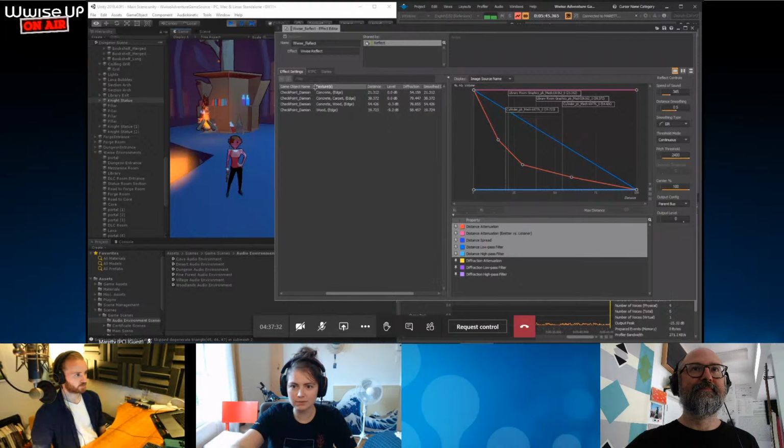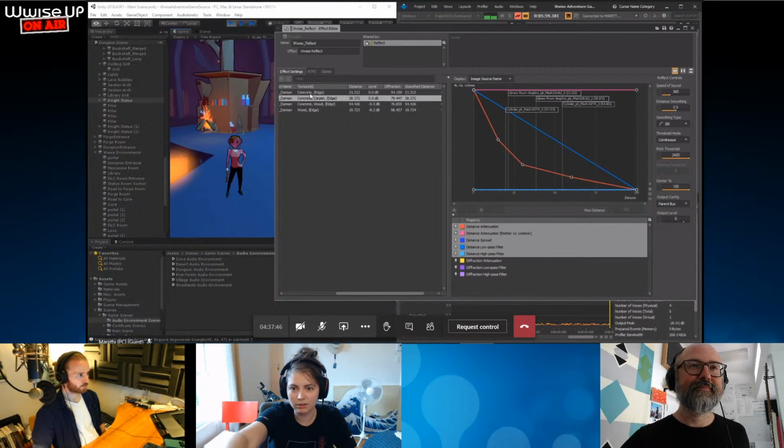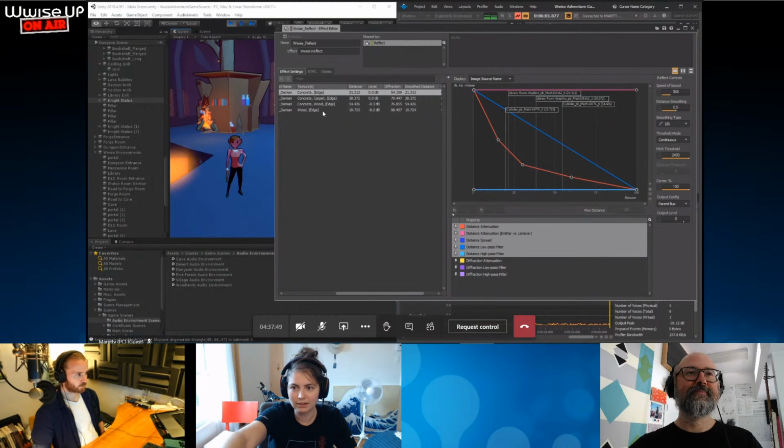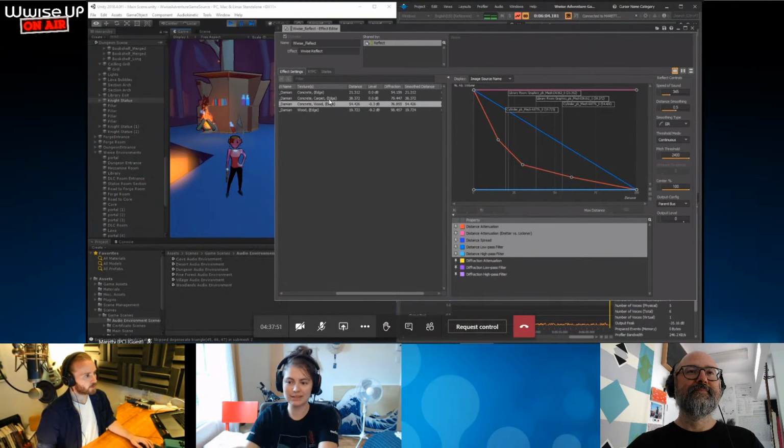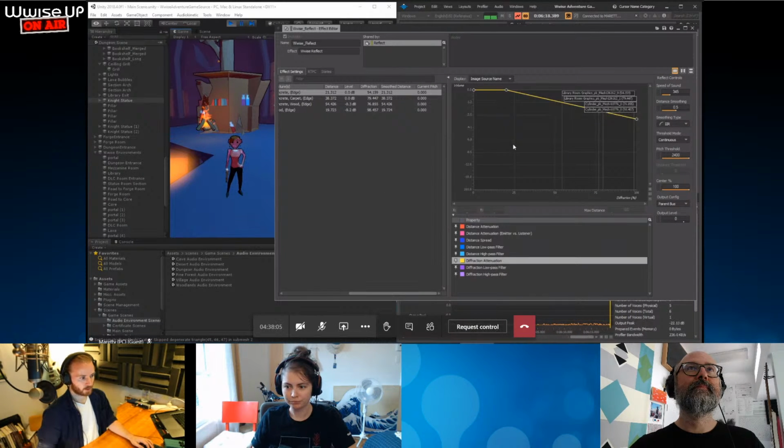You have the textures. For example, the first one is hitting a concrete texture and then is bending on an edge for diffraction. The other one, concrete and then carpet, things like that. You can see the diffraction angle they have when they diffract. And so this is when you go into the diffraction curves. You can have different curves depending on their diffraction angles. So if you change to the diffraction curves,